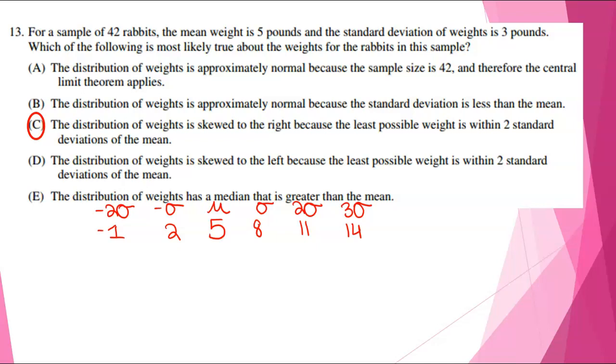Okay, one thing I do want to point out is for A, the distribution of weight is approximately normal because the sample size is 42. So remember, that's kind of playing off of our large counts, and they want you to think, oh yeah, it's greater than 30, so it's normal. But remember, we're using that when we're trying to approximate a normal distribution when we're calculating for confidence intervals or for significance tests. But the distribution of weights itself, in this case, is probably going to be skewed to the